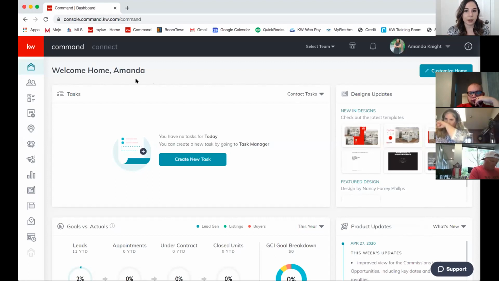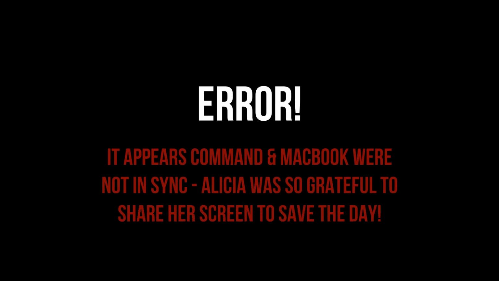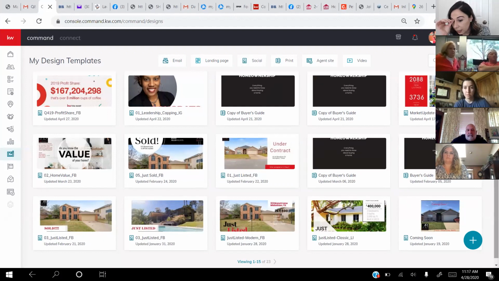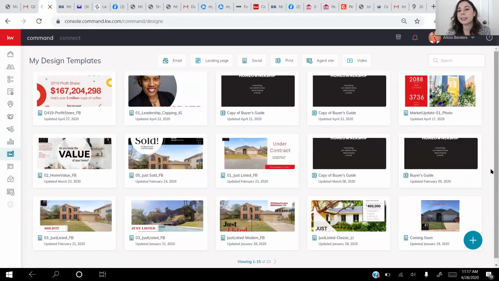Okay, great. All right, so let's go ahead and get started. So if you would like to follow along, feel free to do that. I just have the main page of Command set up. On the left-hand side, I'm going to select the Designs tab. All right, so on the bottom right-hand corner, you're going to select the green plus sign,